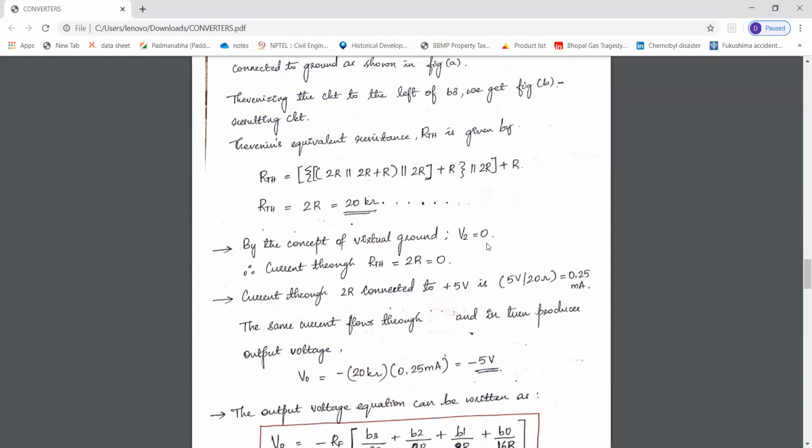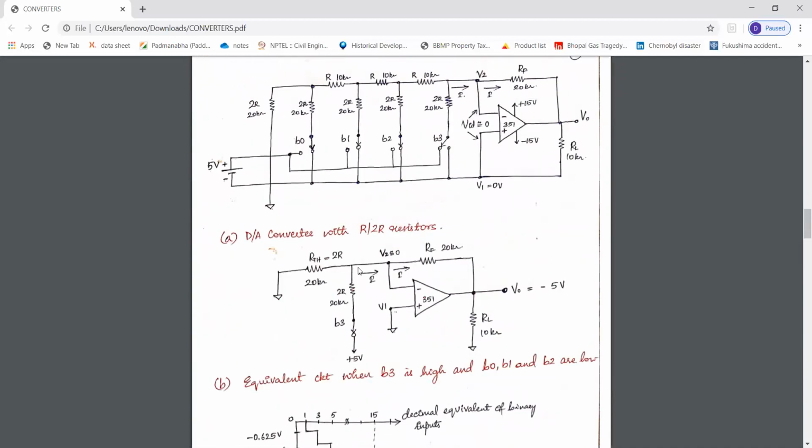So the current through the Thevenin's equivalent resistor is equal to 0, because it is connected to ground, and the potential at V2 is also 0 because of the virtual ground concept. So the current through this is also equal to 0, but the current through this 2R resistor that is connected to